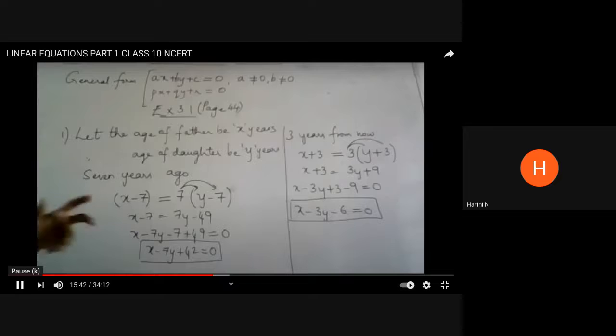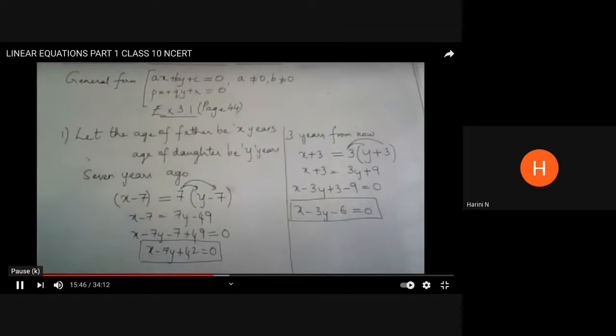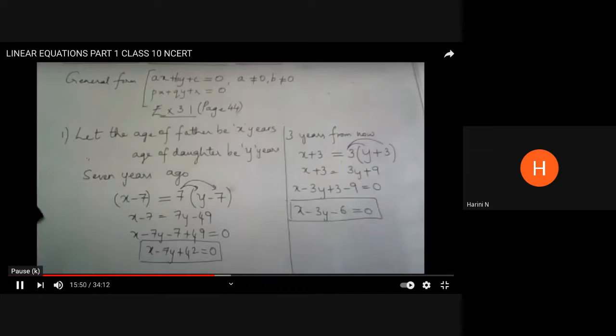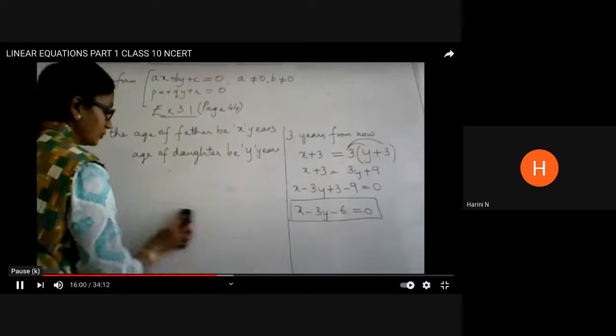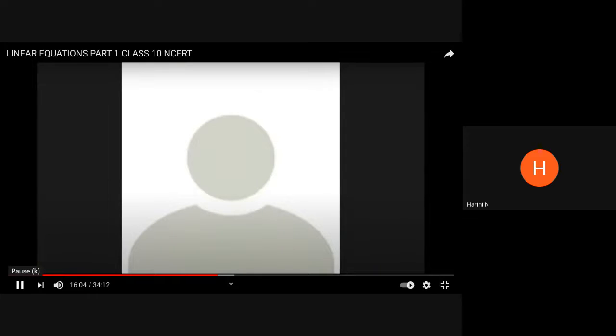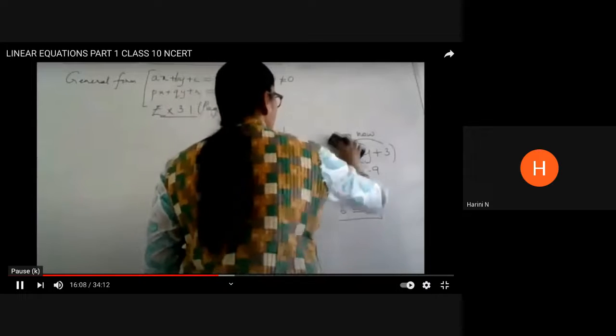Okay, then if you finish getting the 2 equations, you can go through the second one and try to frame the equations algebraically. Write the assumptions clearly, then write the situation given and accordingly frame the equation. That's why I was telling that the basics of all the algebra of 10th standard is to be studied in the ninth standard. If we were a little serious in the ninth standard, now we would be sailing through very, very smoothly.